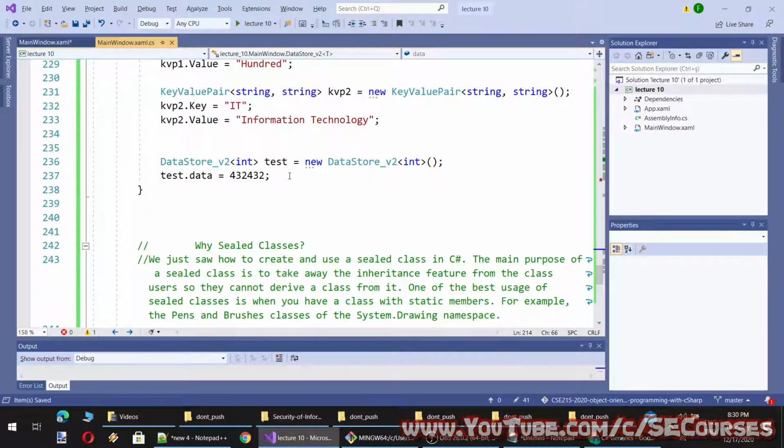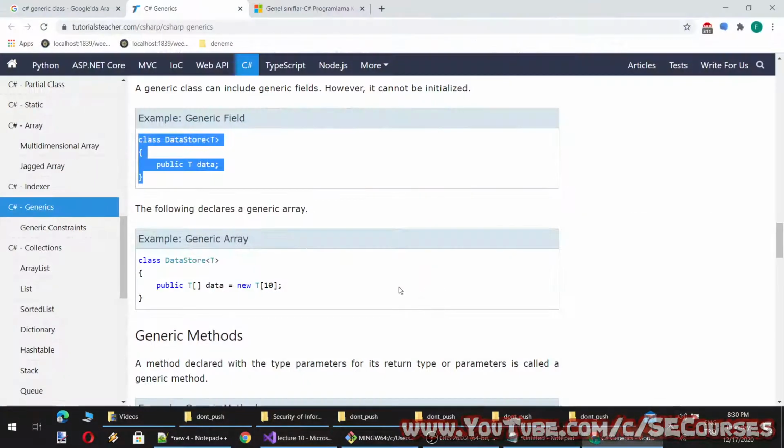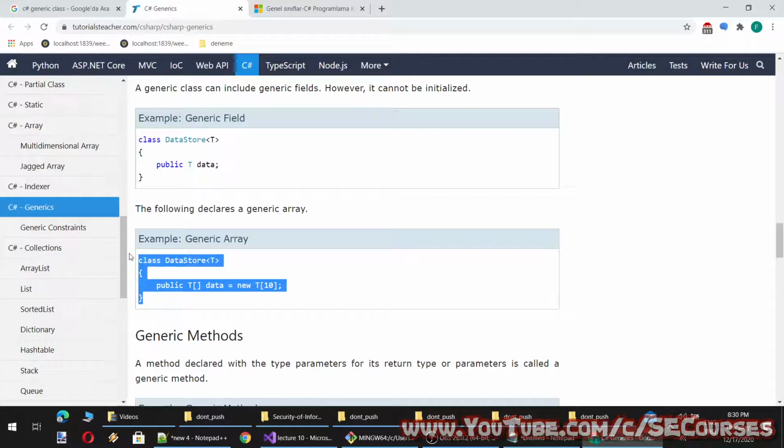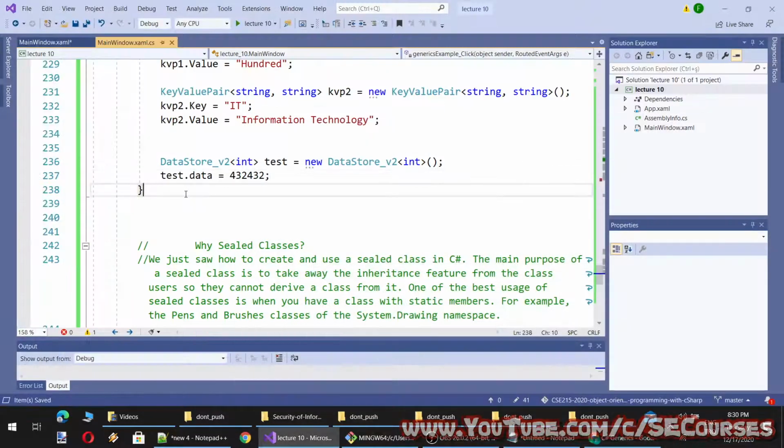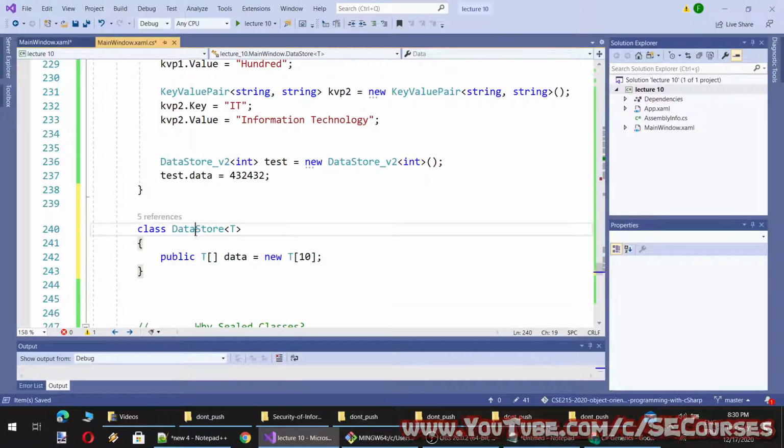Okay. However, this works. So we can also define a generic array like this, array data store, and this is an array with length of 10.